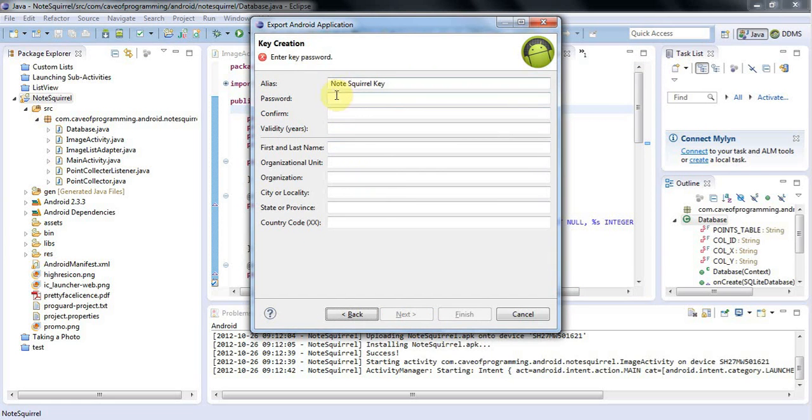And now I need to create a particular key for my application. Actually, I'm just creating a key that goes in the key store, and again I can reuse this for multiple applications. So I could call this key 1 or something like that, and I'm going to create a password for this,